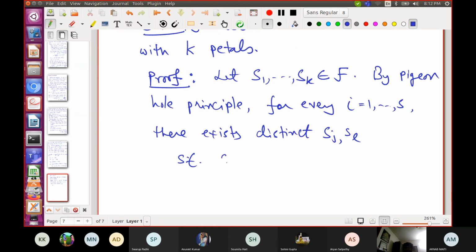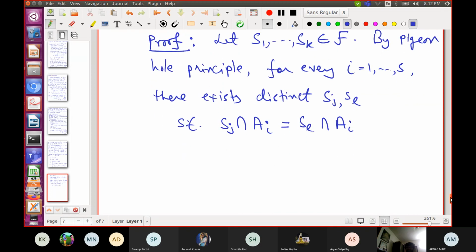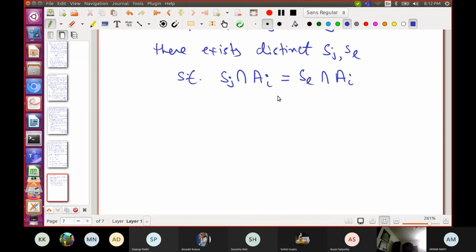So Sj intersection Ai and Sl intersection Ai pick the same element from Ai. So if I take their pairwise intersection, it is non-empty, of course.